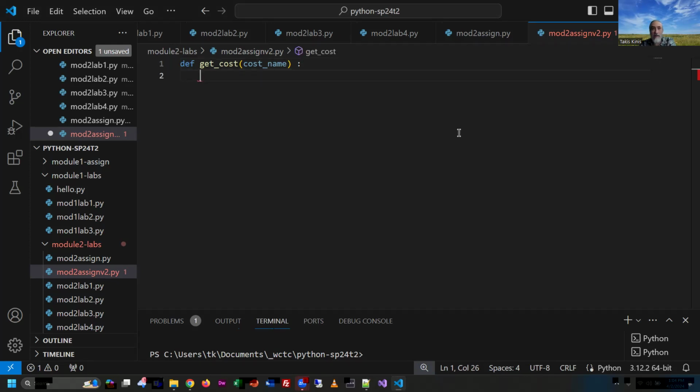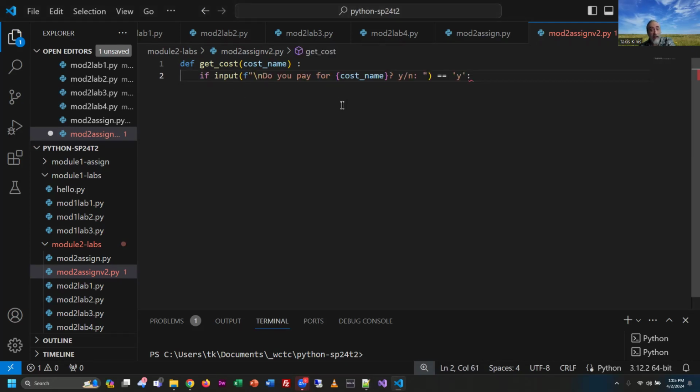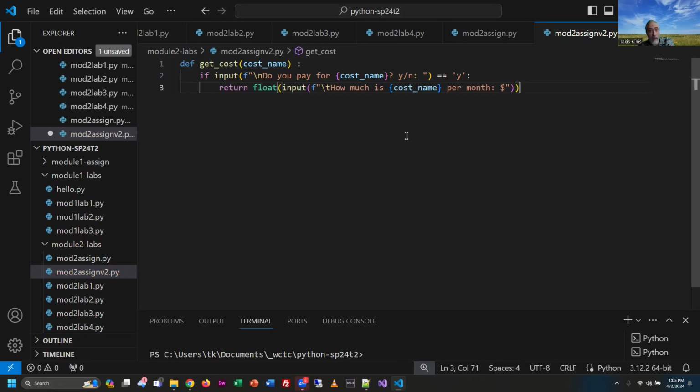We're going to first define a function called get cost. We're going to pass into it a cost name. We will prompt our user first if they pay for this cost with a yes or no. And I want you to notice this is an interesting approach. We're putting the input or the prompt right inside the if, which will generate a value of y or n, ideally, and then we'll compare it to y, and if it's y, we'll move forward. I'm not going to worry about pushing it to lowercase or uppercase, but normally that would be good programming practice here. If they type yes, then